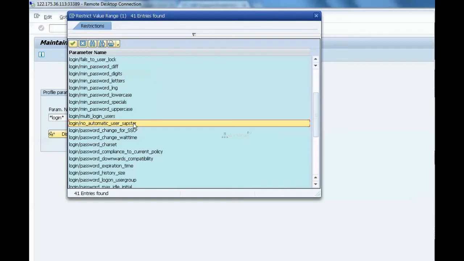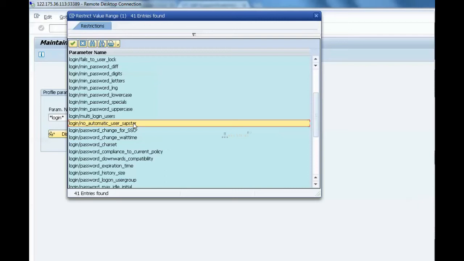In RZ11 I can see the documentation, the current value and the default value of that parameter, and based on my requirement I will maintain this parameter in the RZ10 instance profile. It will not be there already, so I need to maintain it.